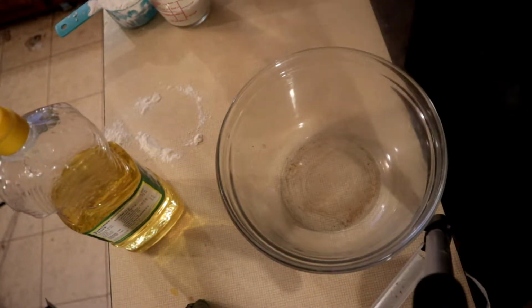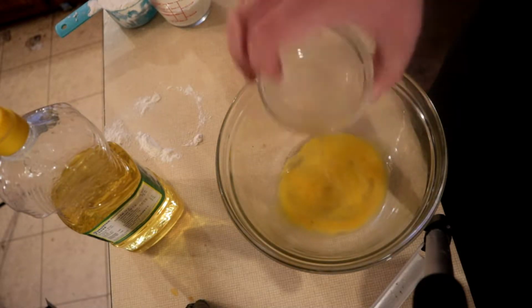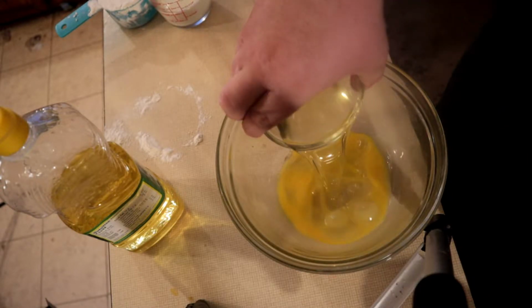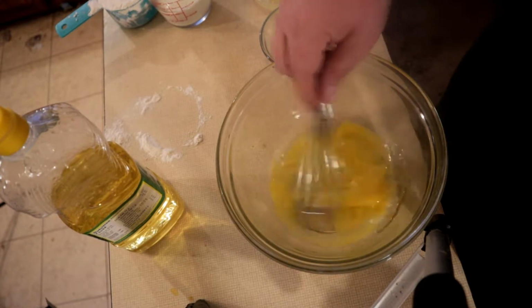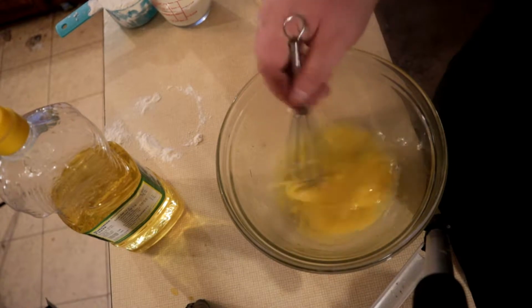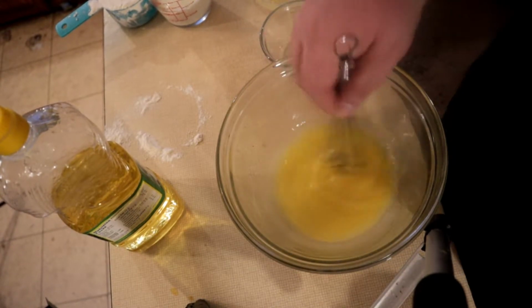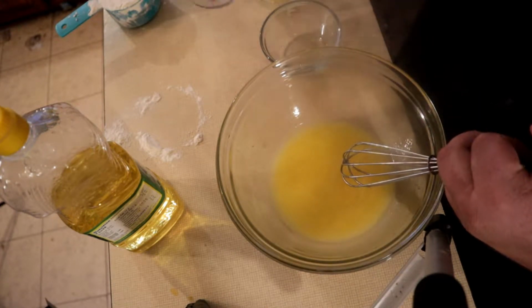Okay, I want to add in one beaten egg, a half a cup of canola oil. Take a whisk, and you want to beat this in real good. Then we're going to add in our cup of milk,